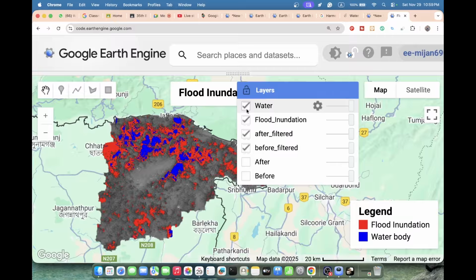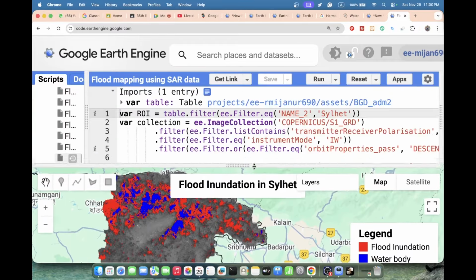Yes, please. For someone who's looking at a time series of flooding, can the same concept be used? For example, I'm looking at 2015 to 2025, and I would want to know the flood inundation for each year. Is that possible? It is also possible, but further we need to add the flood